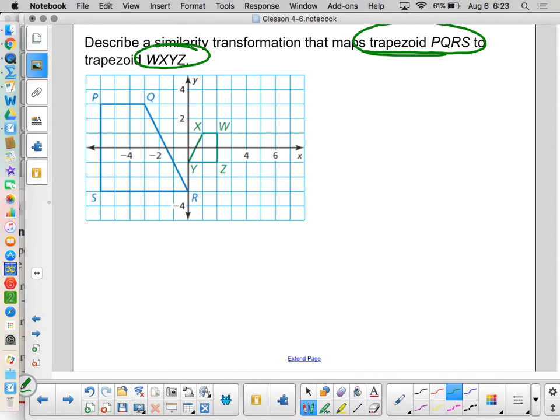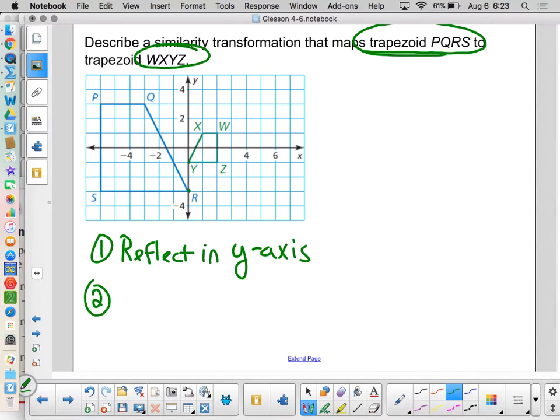So I think it's fairly obvious here that this is going to be a reflection in the y-axis because I look at R and Y here. And if I just flip over the axis, it's going to stay the same thing. We've got a pretty clear reflection here. So I'm going to hazard a guess that we're going to reflect in the y-axis. And second, we're going to dilate with K equals,